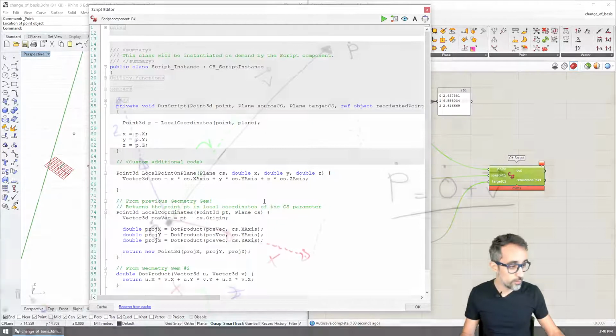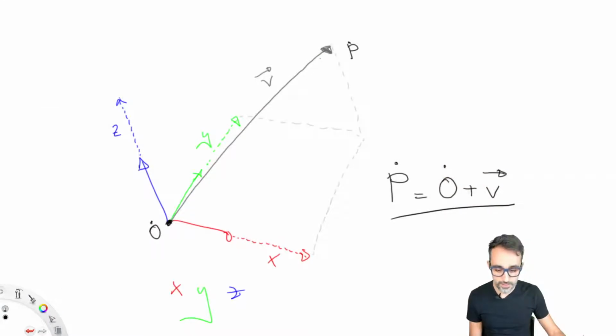Remember, according to my diagram, what I have just done is create a vector that is a combination of the x-axis scaled by x plus the y-axis scaled by y plus the z-axis scaled by z. I have my position vector now.